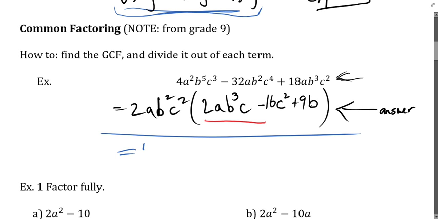2 times 2 is 4. A times A is A squared. B squared times B cubed is B to the 5. C squared times C is C cubed. What does that look like? That. Okay,